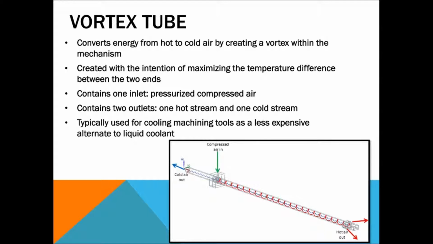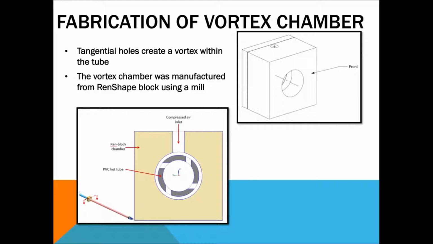and one cold. Vortex tubes are typically used for cooling machines because they are less expensive than liquid coolant and require less maintenance. The design of the vortex chamber is the most crucial aspect to the performance of the vortex tube. The chamber allows air to flow in a circular direction around the tube where the cold tube and the hot tube meet. This creates the necessary vortex motion so air can enter the tube at high velocities through the